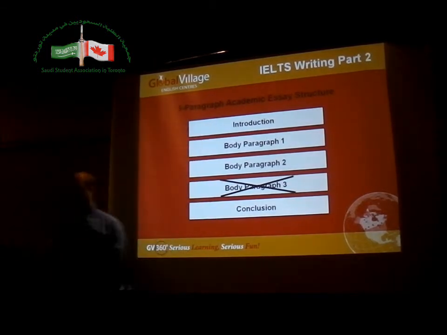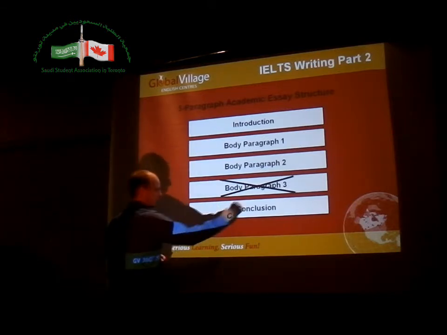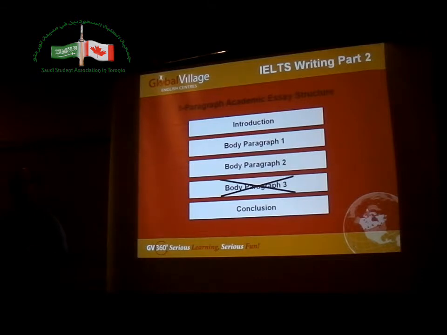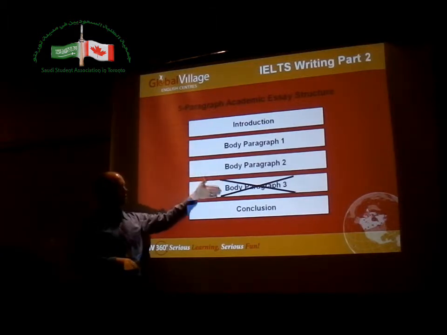Also, if you try to do 3 different reasons in an argumentative essay, probably you don't have enough time to support those reasons. It's better to have only 2 reasons and really explain them more than if you try to make 3 different reasons. It takes a long time to think about another reason. You're wasting time with that, and you're using your time for making a good conclusion and putting extra support in these paragraphs.